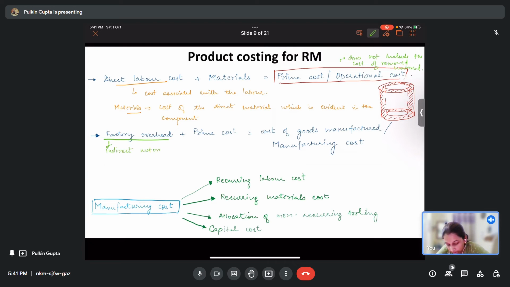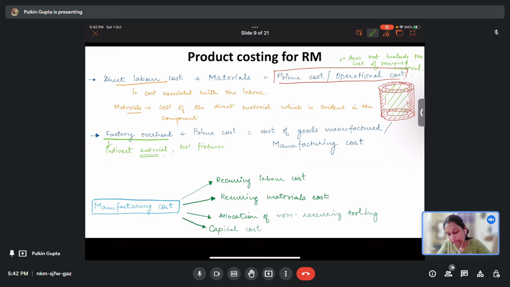Indirect material is the amount of material that is not known by the user, or the amount of material that was initially taken to develop the component. Okay, so this contains the cost of this removed material, and it can contain the cost of tools, fixtures,